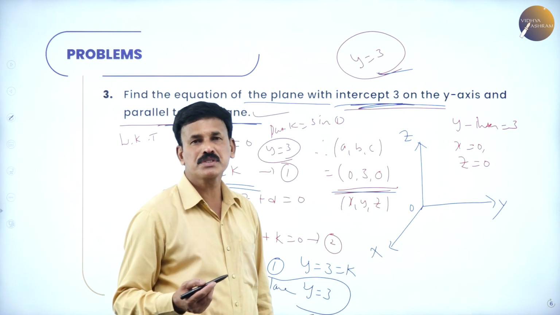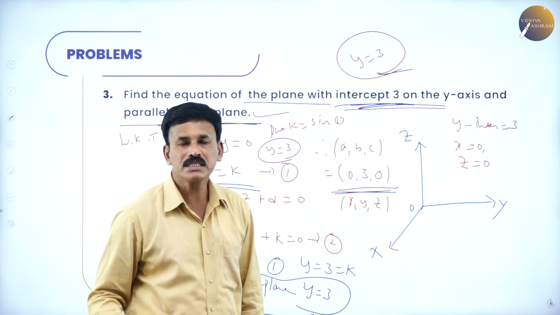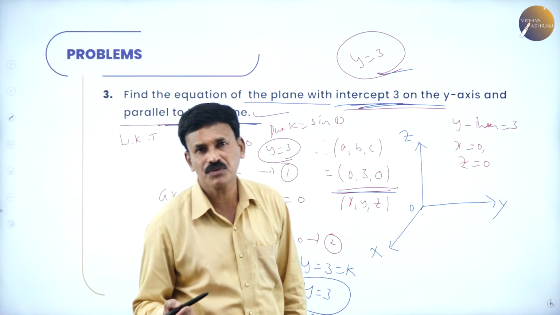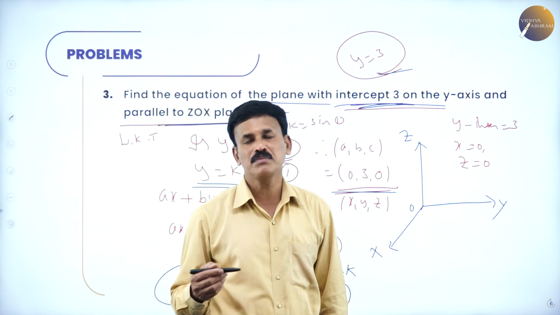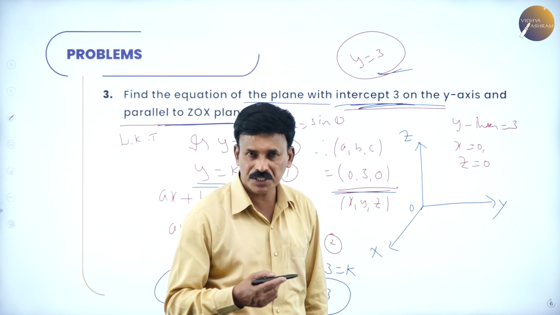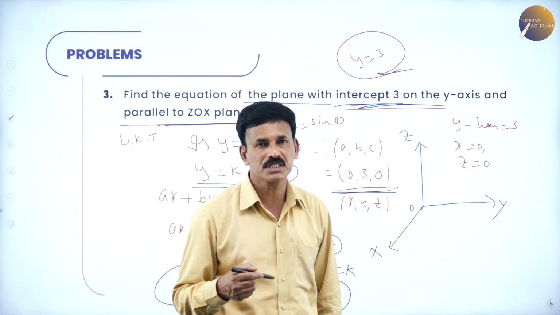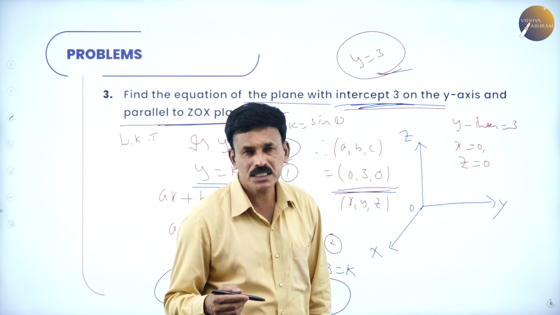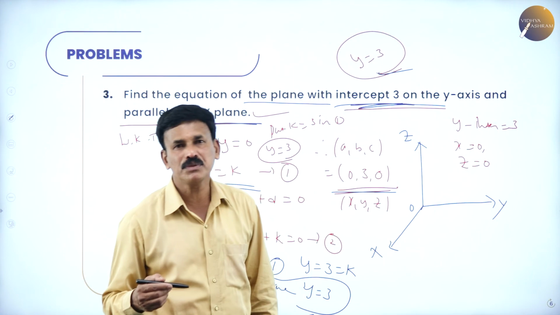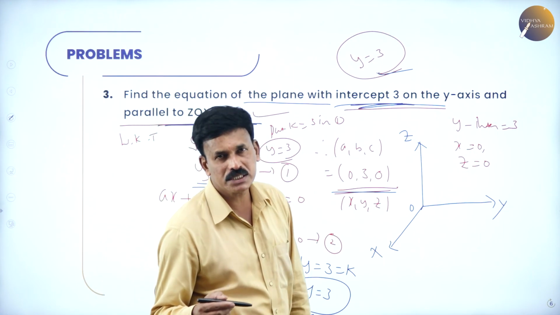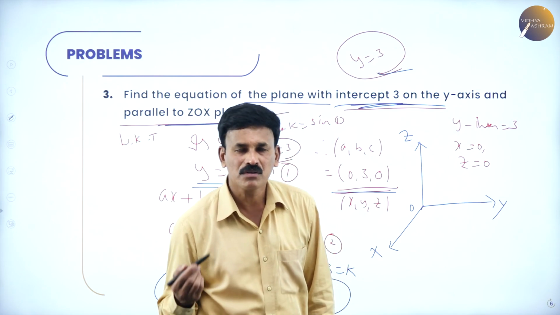So these are a few problems on the equation of a plane in the intercept form. In general, the equation of a plane in the intercept form is x by a plus y by b plus z by c is equal to 1. In the examination, you may get a derivation or a problem based on this to find the intercepts a, b and c. Just equate it to x by a plus y by b plus z by c is equal to 1 and get the values. That's it.